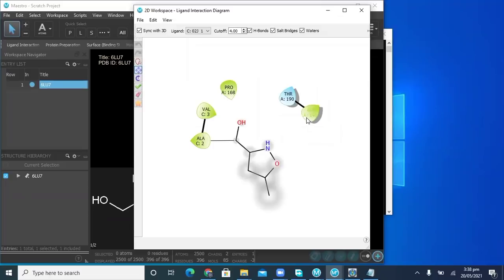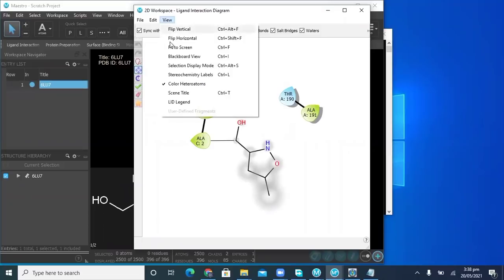These are the amino acids, and this A is showing chain A, this is chain A, this is chain A, and this is chain C and C. These alphabets show the chains of the protein, and this is showing there is no hydrogen bonding. From here we can move towards the ligand legend.